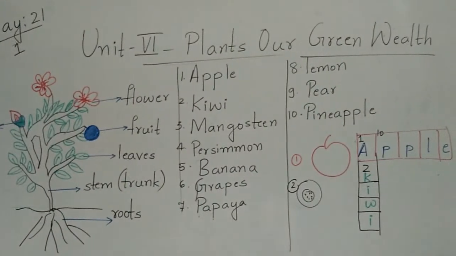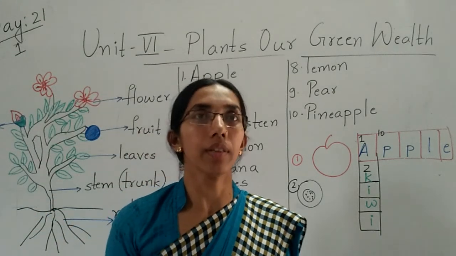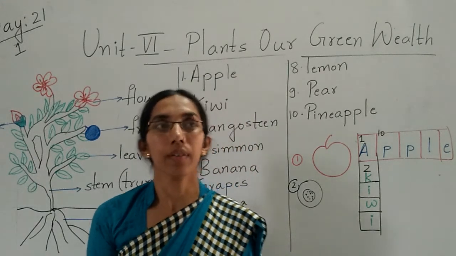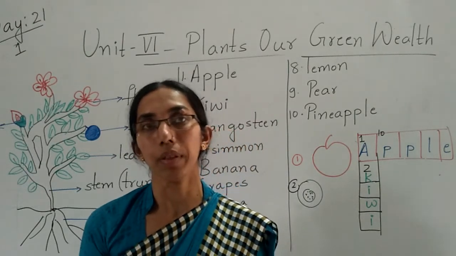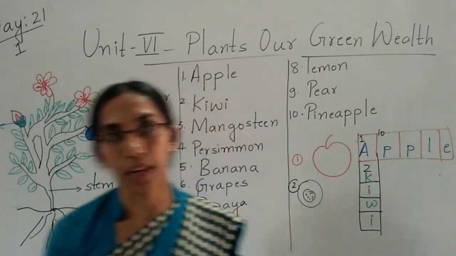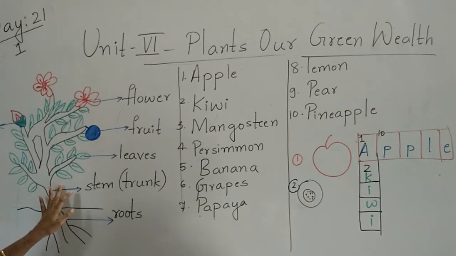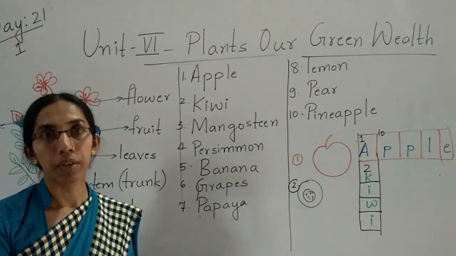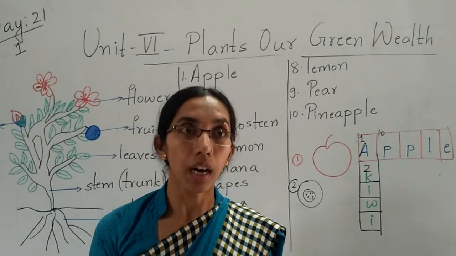So children, you should take the photocopy of these images. Just take the printout. All these things I am going to send in the app. So what is your duty here? Take the printout and then color it. Fill all the columns using colorful crayons and then send me in the app. So I am going to send the parts of plant, fruits and vegetables. Clear, children? Write your full name and then send me in the app, children.